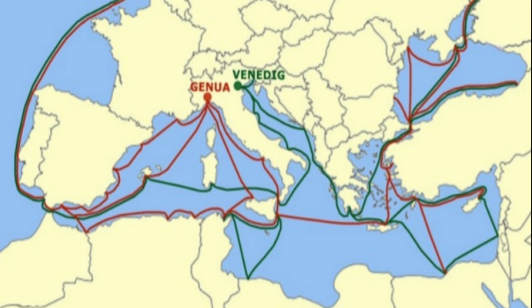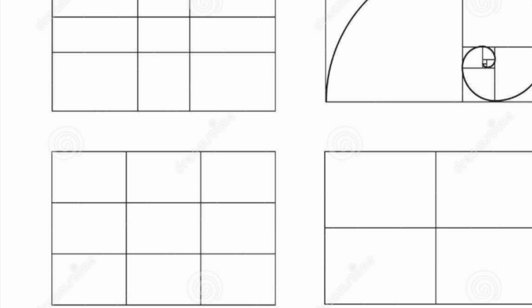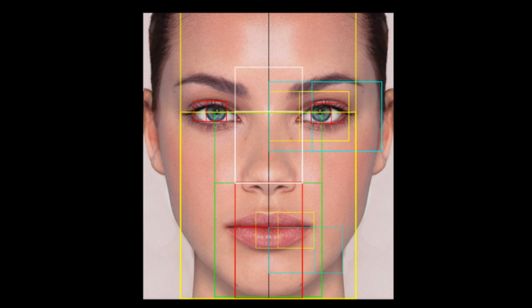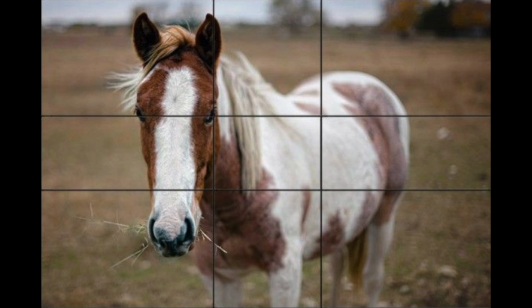During his young life, he traveled throughout the Mediterranean and the Middle East, and this brought him in contact with Arab mathematicians and artists. At the age of about 18, Fibonacci began seeing how these two disciplines can intersect. The rule of thirds, which much of the world conforms to naturally, and the golden mean, which is an extension of the rule of thirds involving 9 squares, was a wonderful discovery. It had existed long before Fibonacci was born, but it was never articulated in the way that he managed to do it.